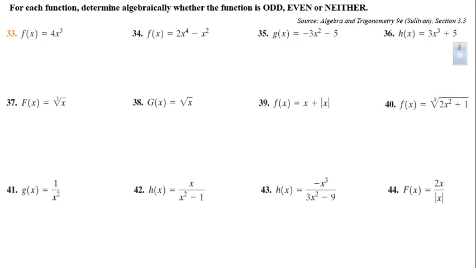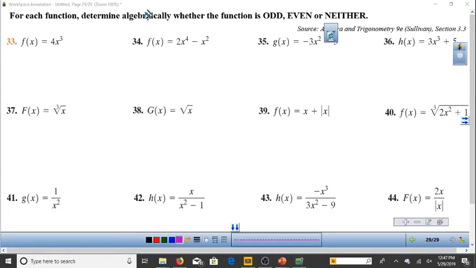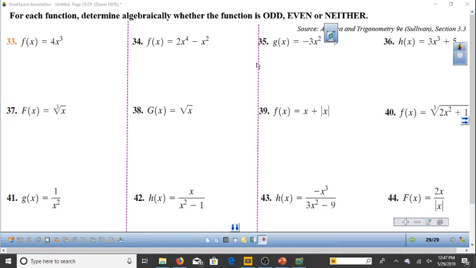Now we're going to determine whether these functions are odd or even algebraically. Let's see if we can do a few of these. I'll do some of them and I'll leave some of them for you to attempt on your own. So let's try